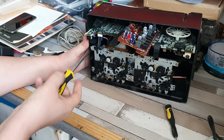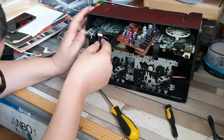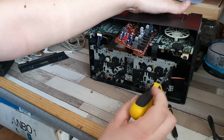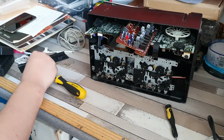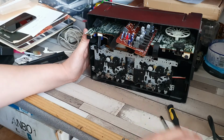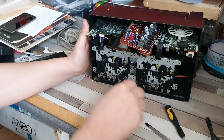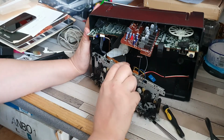There's a couple of screws holding that in place. There's a connector up here, but I don't really want to disturb that. It's one of those annoying ones that once you remove it, you probably never get it back in again. Or you probably get it back in, but it would be a fight. Oh, nope, there's one there. So there's one here that we have to remove as well. And hopefully we can...